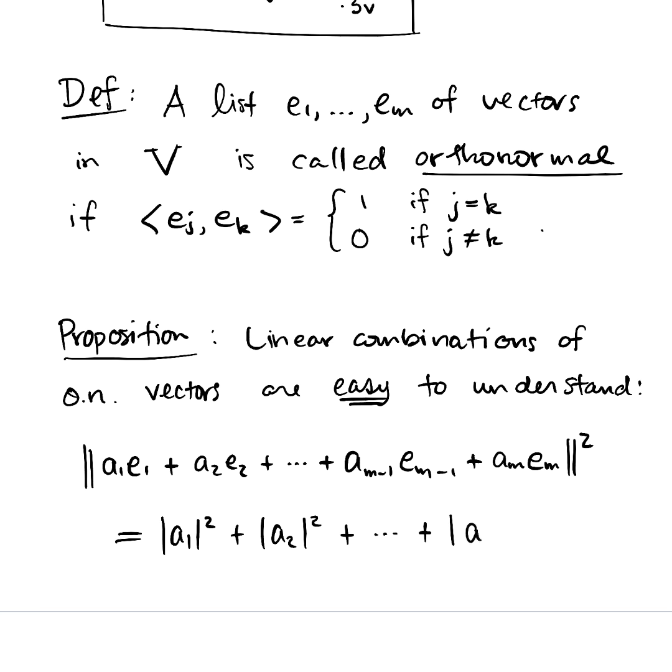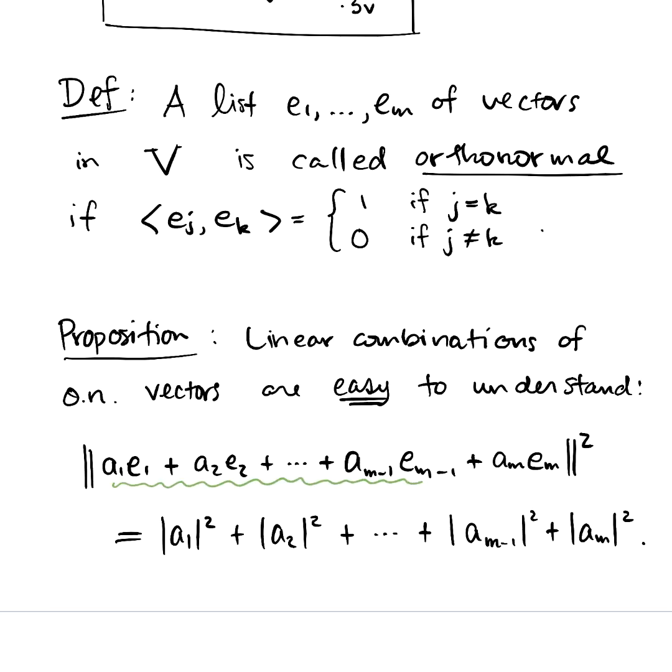absolute a_m minus 1 squared plus absolute a_m squared. So clean, so nice. So if you're working with a linear combination of orthonormal vectors, it's easy to tell what the norm of that linear combination vector is. You just read it directly off of those coefficients. And the reason this is true and straightforward, you can read the proof in this section, but basically what you got here is,